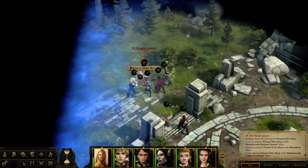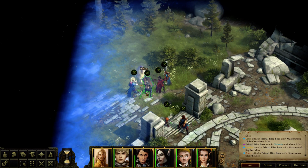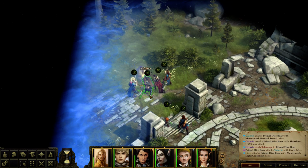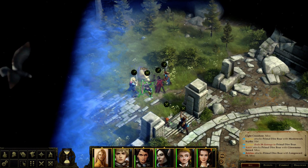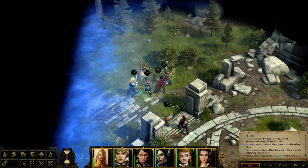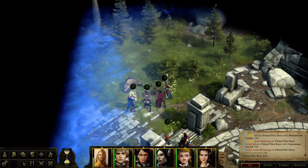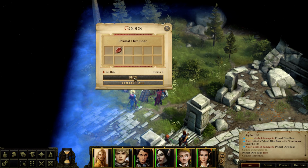Boom. Sneak attacks left and right. It's having trouble hitting Valerie. Come on. Can't hit it either. Boom. And it's auto-pausing at the end of every round, so it's like...